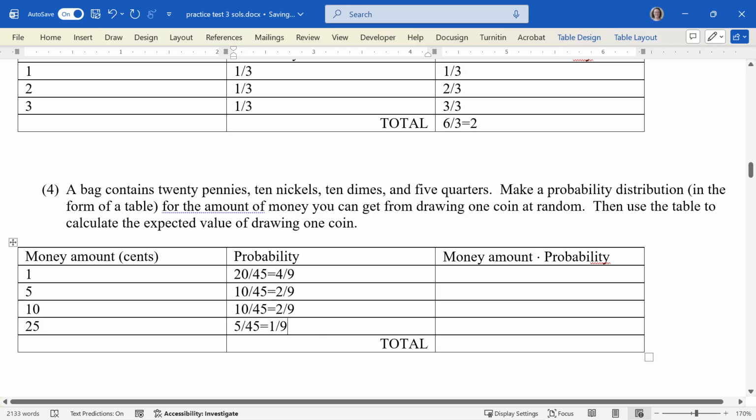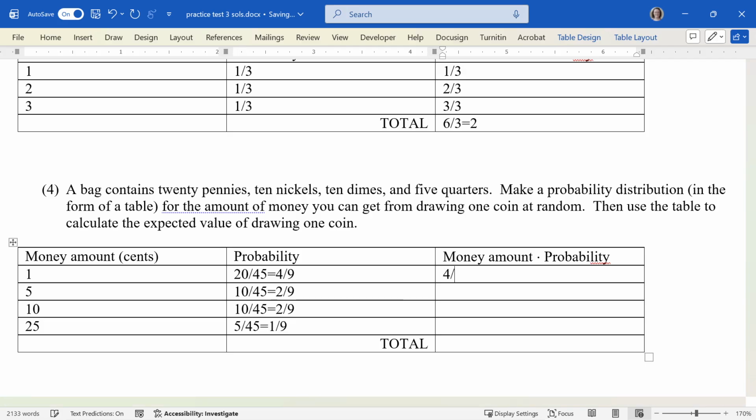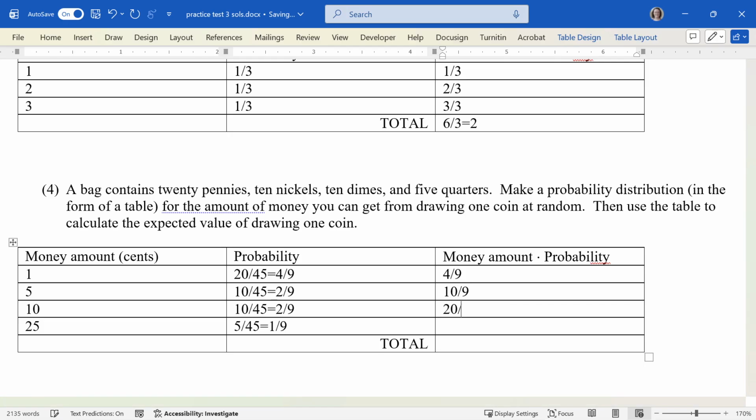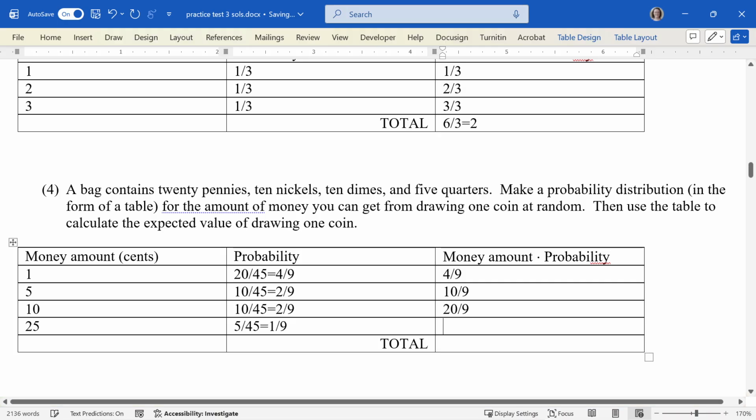Yeah, okay. All right, so now I'm going to take these money amounts in cents, and I'm going to multiply them by each numerator here, and then the answer is still going to be over 9. Okay, so 1 times 4 over 9, 5 times 2 over 9, 10 times 2 over 9, 25 times 1 over 9. And now we're going to add these up. Let's see, 45, 55, 59. Okay, I didn't use a calculator, but